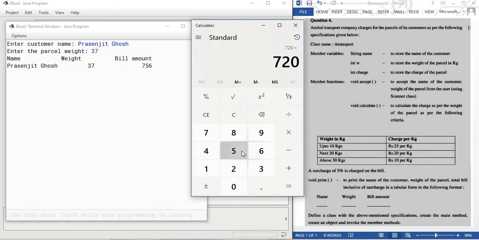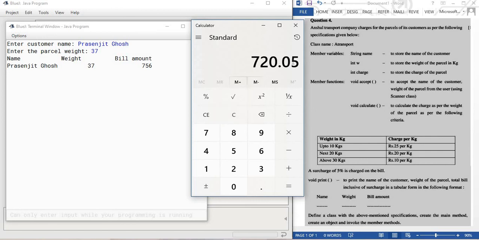Into 5%. So this is the amount plus 720 plus 0.05.